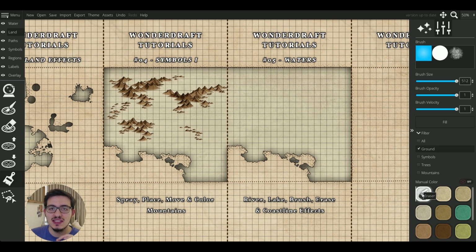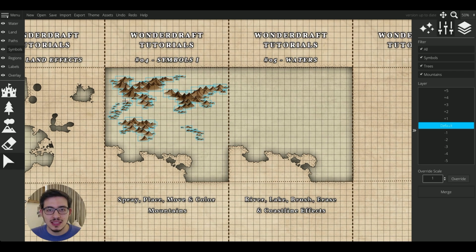So this one is an eraser for the colors. When you press G or come here to the land part and click on this brush, you remember that we have this palette. The first one here is not a color, it's an eraser, and you can also adjust the eraser here on this filter part. So for example, if I click on ground only, it will only remove the color on the ground. If all of them is clicked, it will remove the color on all the assets and ground.